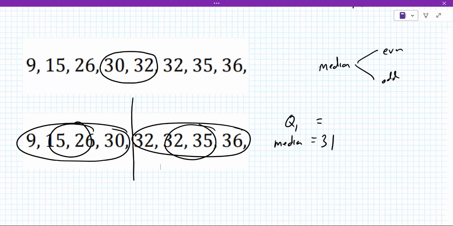But it could be a decimal. That's possible, even likely. I got 20.5 for the quartile 1. 15 and 26, and for